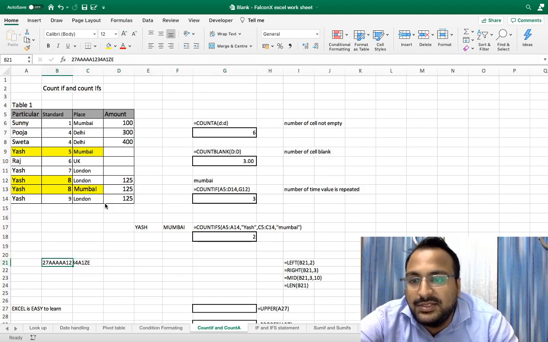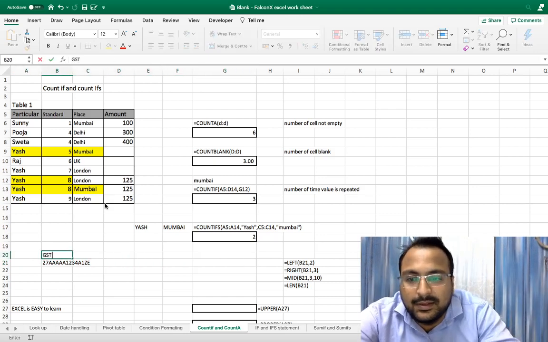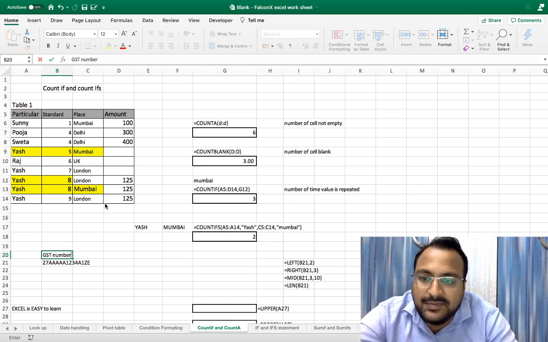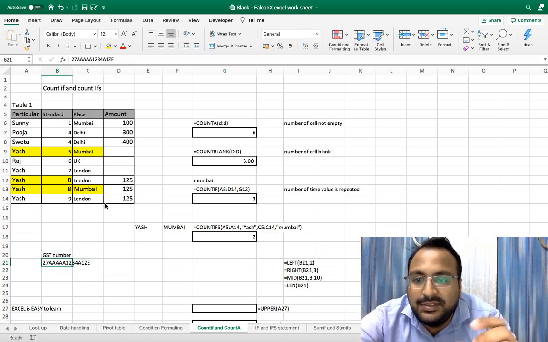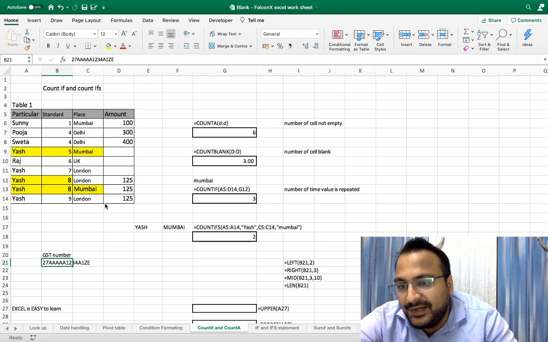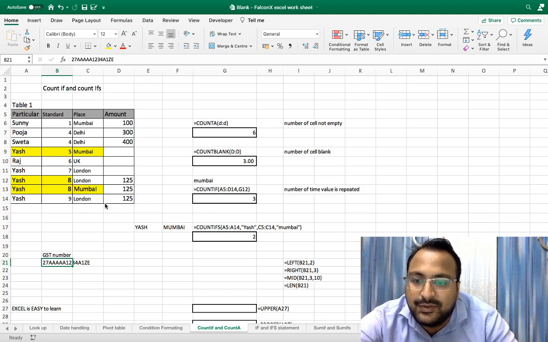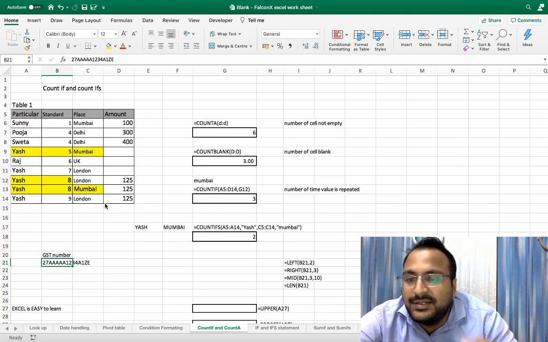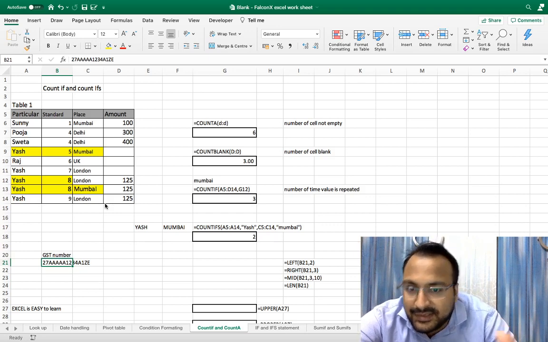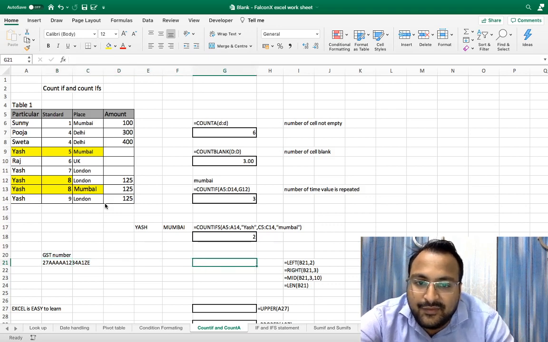Now this is the GSTN number. As maximum people might know, a GST number consists of 3 different elements. First is the state code, second, the 10 digit is the PAN number, and third, the last 3 digits are for unique identification. So let's find the first 2 digits.